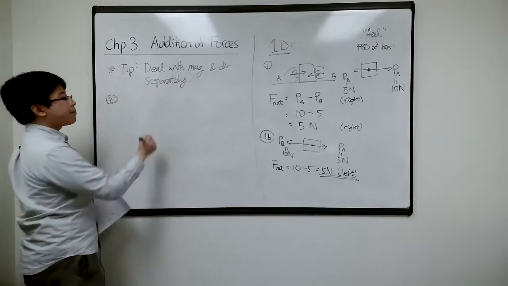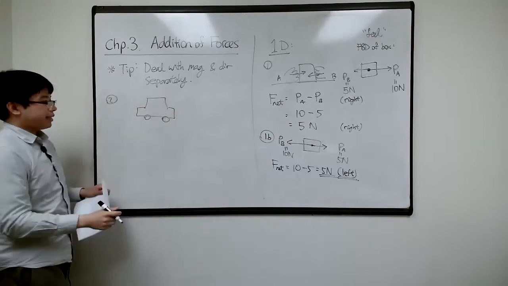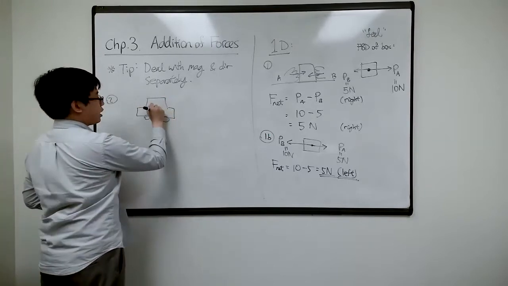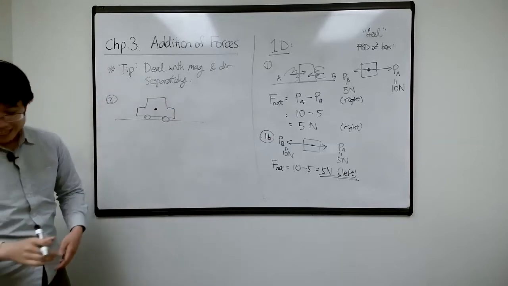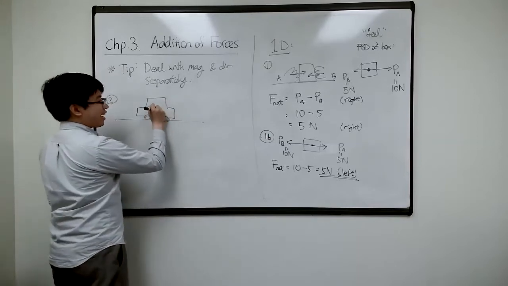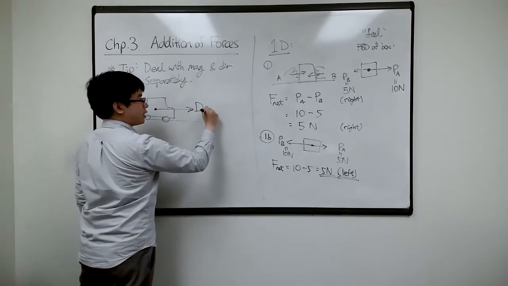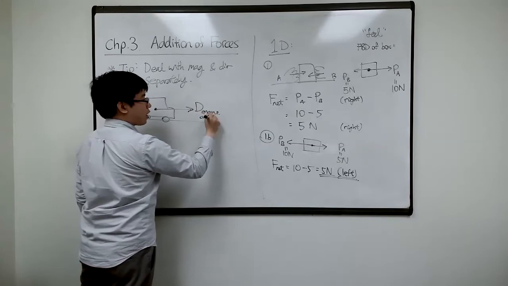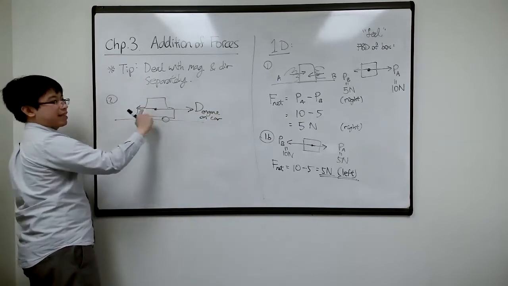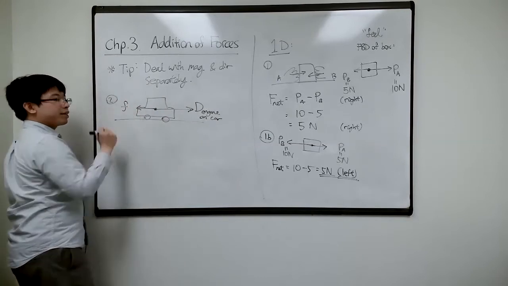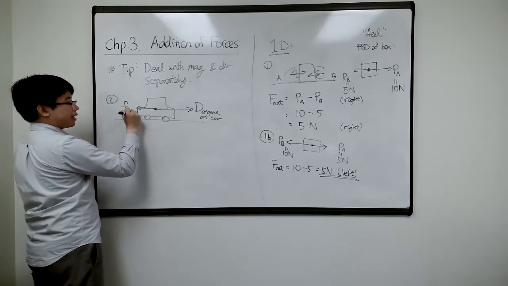So let's see one more example with 1 dimension, and then move on to 2 dimensions, because 1 dimension is pretty straightforward. So let's say I have a car running on the road, and this time we do include friction, one of the rare cases we do. At first it has an engine, so it has a driving force from the engine on the car. And let's say there's also a little bit of friction, so a smaller arrow than that one. Usually we use little f to denote friction. So this is from the ground